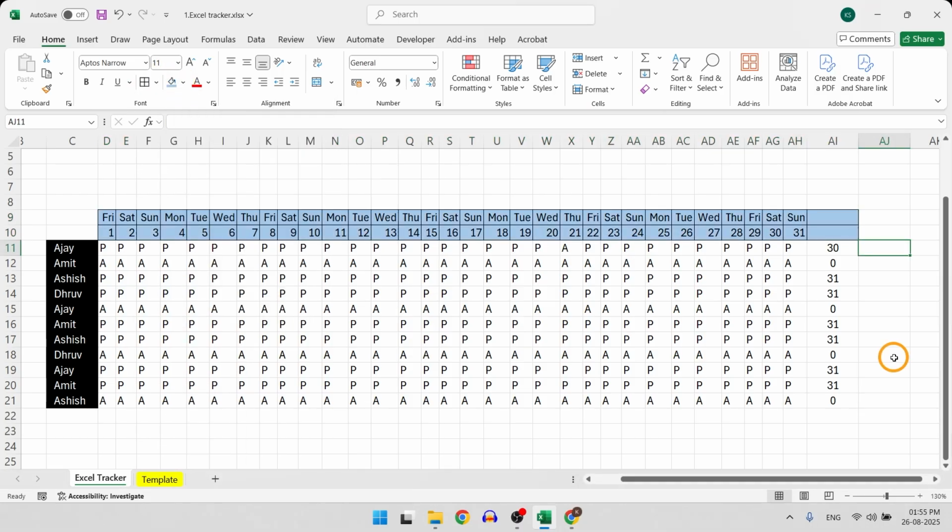Now comes the next part, salary. We assume a fixed daily wage rate for each employee. Based upon attendance, we can multiply the days the employee is present with the daily wage rate to calculate the salary. So the formula is salary equals attendance into wage rate. Let's use 500 as the rate. Apply the formula: salary is equal to 500 into total attendance.